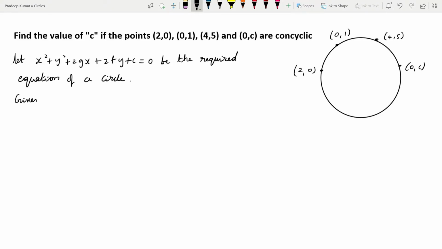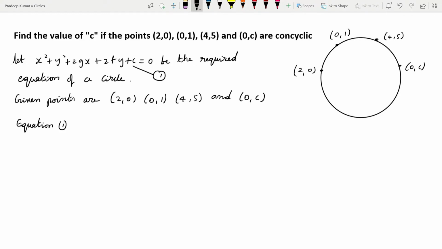Alright, so now we'll write the given points. What are the given points? (2, 0), (0, 1), (4, 5) and the last point is (0, c). Each and every point I'll substitute in the general equation so that we'll get the values of g, f and c. For that, this general equation I'll take as equation 1. I'll substitute all these points in equation 1. For that I'll write, equation 1 is passing through